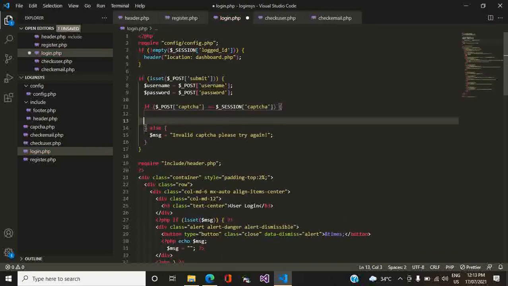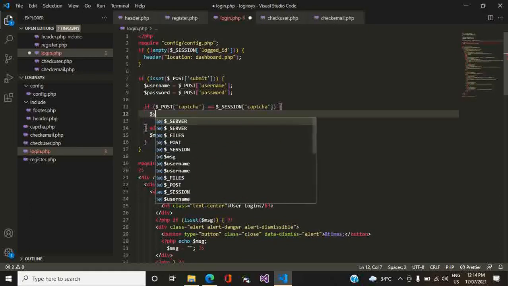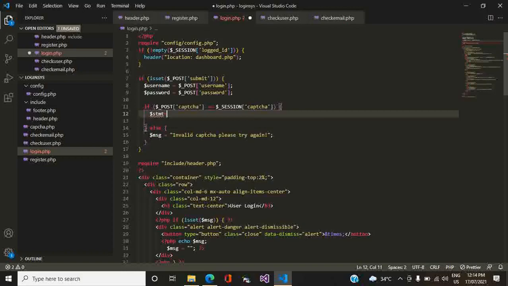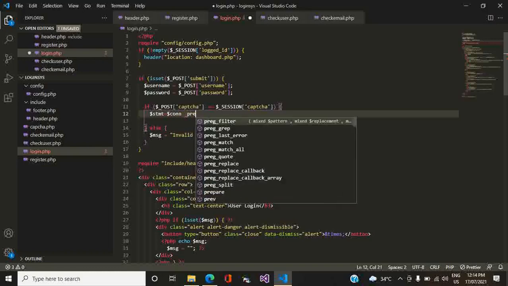Okay, now here we make a query to check username and password.